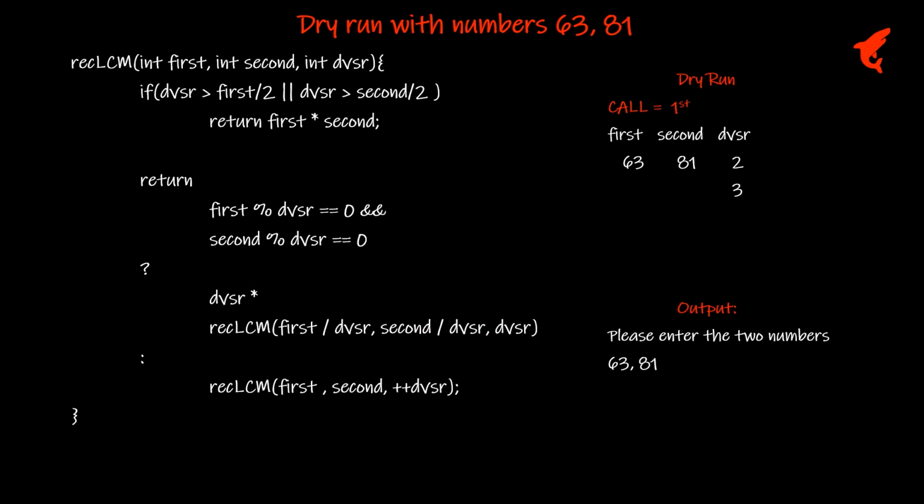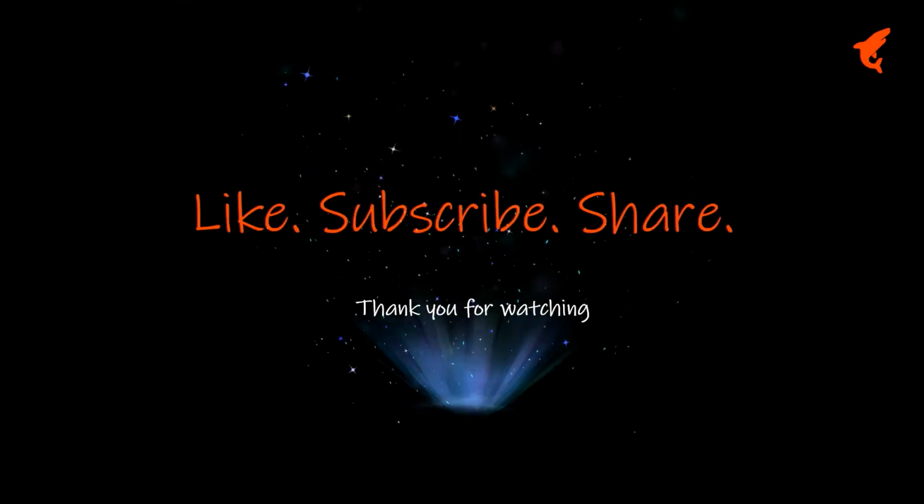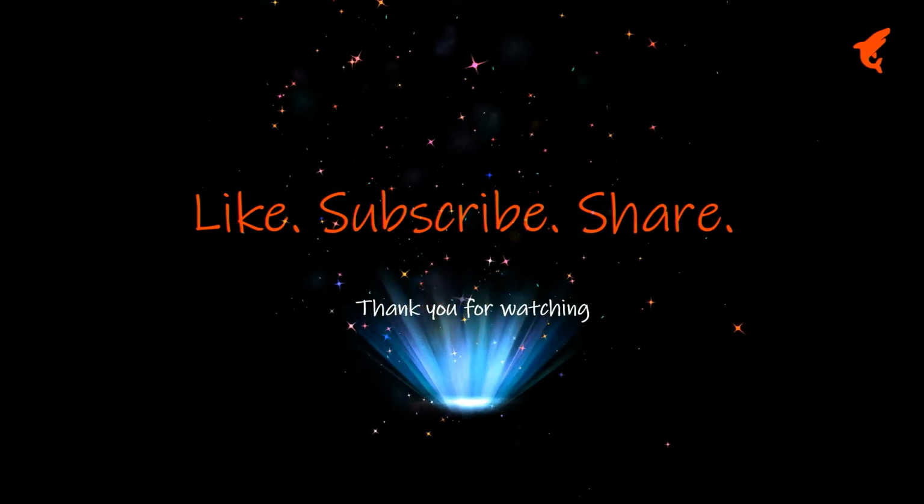So back in call number 1, here the DVSR value could not divide the values 63 and 81. Okay, and therefore when the call was made to call number 2, it happened here, and this is where the replacement will happen, right? And this value will be returned to this function's previous call, and this function call was made by the main function. Okay, this call was done here at this particular position, and therefore this will be replaced by 567. The print statement will execute to print the result. LCM is 567.